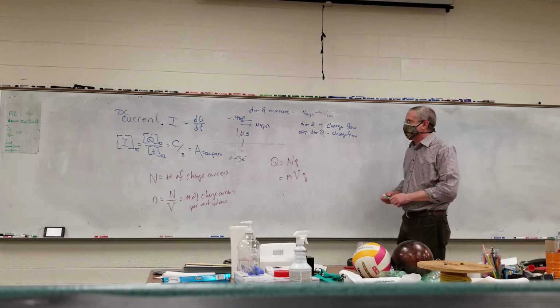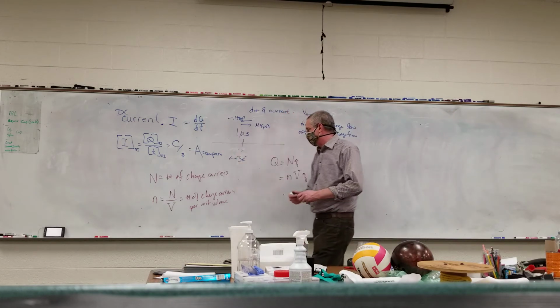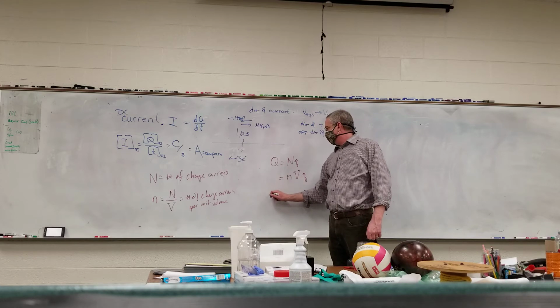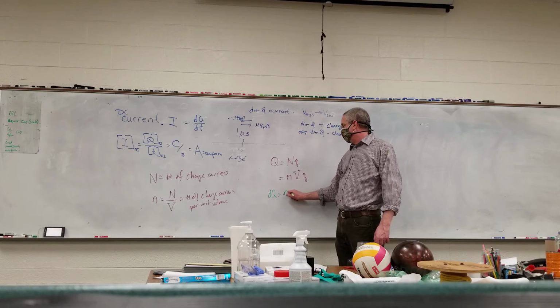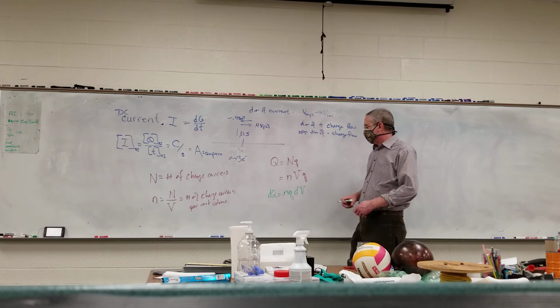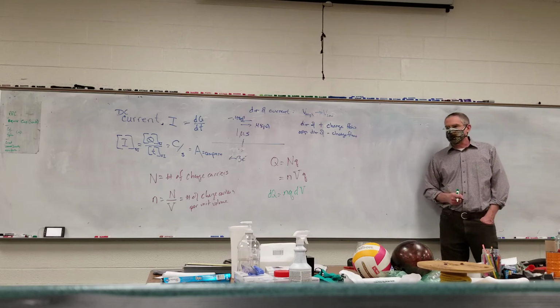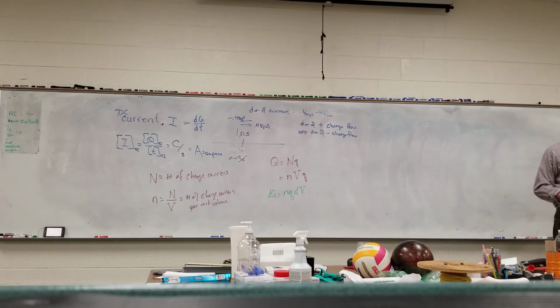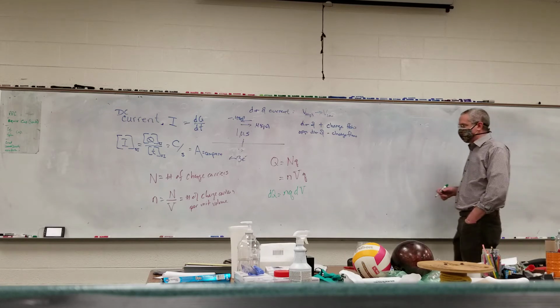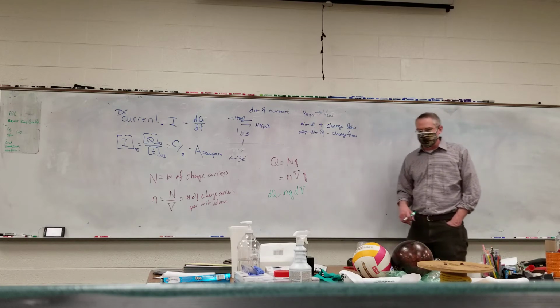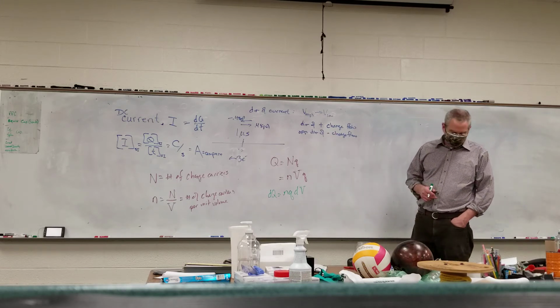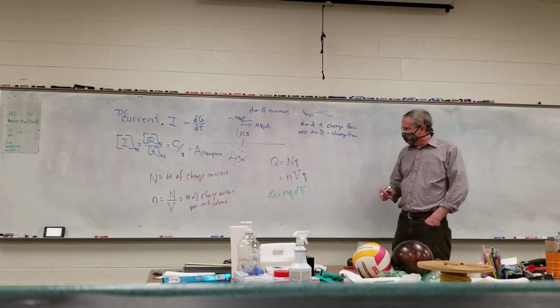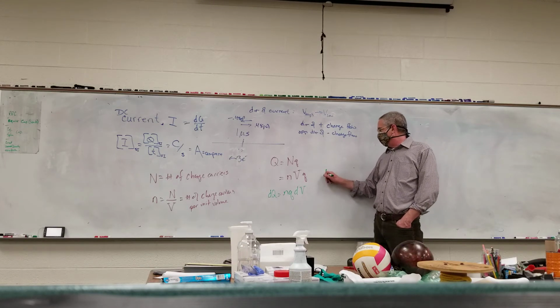If we're looking at differentials here, because ultimately we've got a dq right there, the differential of Q is going to be n q times the differential of the volume. Because the charge carrier density is just a ratio, it's relatively constant for a particular material. q is the charge of whatever the charge carrier is, and so volume is the one that we can play around with, that we have a differential. So dq, dx,